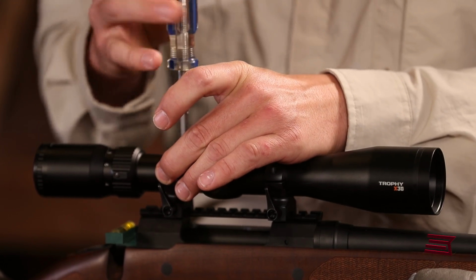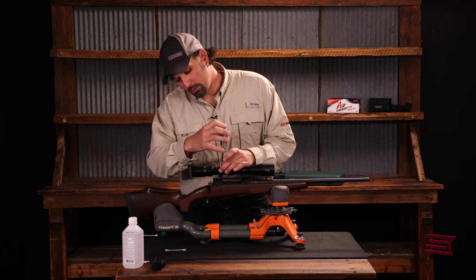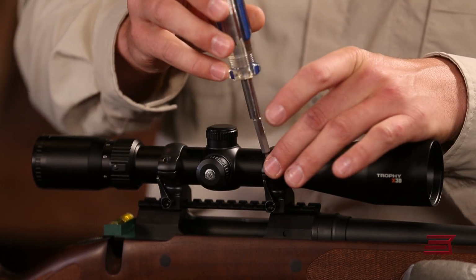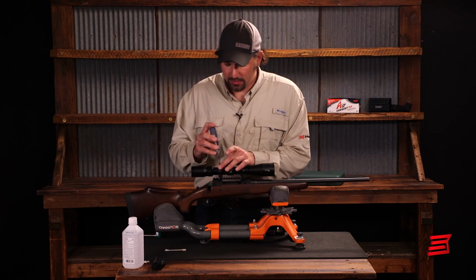We'll start both the screws. And you don't want to tighten one side down all the way. We really just want to go at it slowly, back and forth and alternating. And I'm just going to go ahead and snug this, and then we'll move to the front and repeat the process. And once we've got that